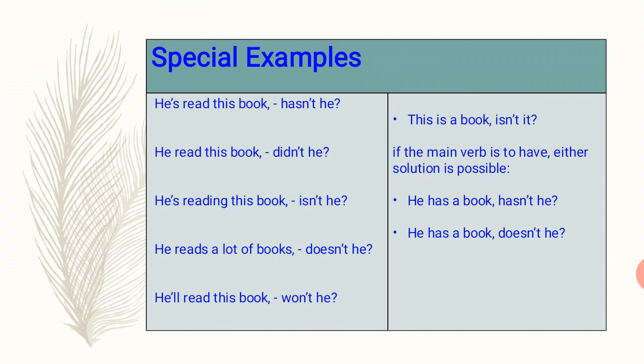He has a book, it is functioning as a main verb. So that is why it is hasn't he, we have put like that. Otherwise we use doesn't have. And he has a book, doesn't he? So we are writing both ways. Okay,